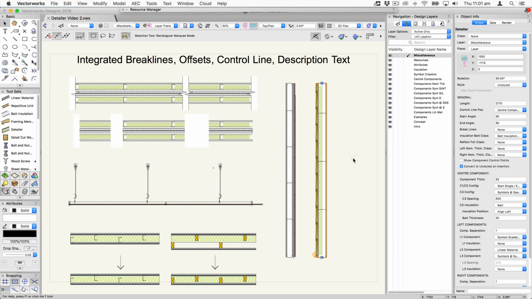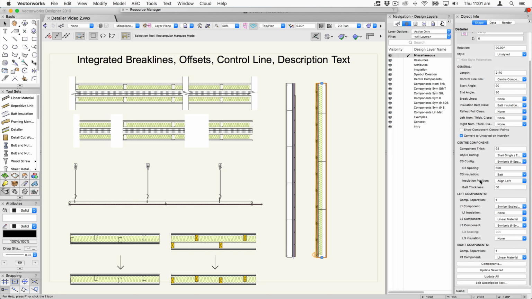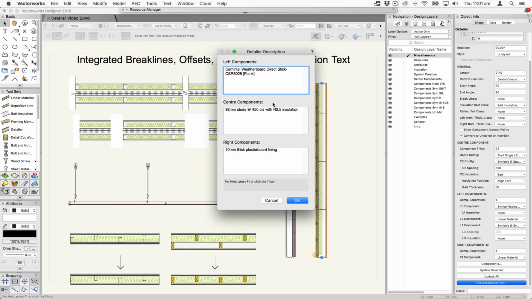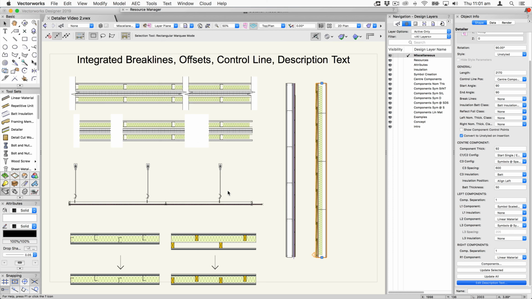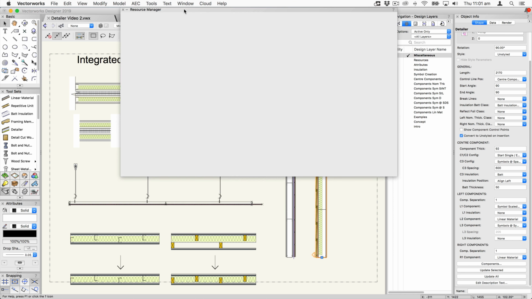And the final thing I want to show is the ability to add description text. So right down the bottom here in the Object Info palette, we have this button that says Edit Description Text. And you can add some text that describes the left components, the center components, and the right components here. And you could pull those out into a schedule if you wanted to, or you can also pull that information out into a data tag. And if we just grab a data tag,